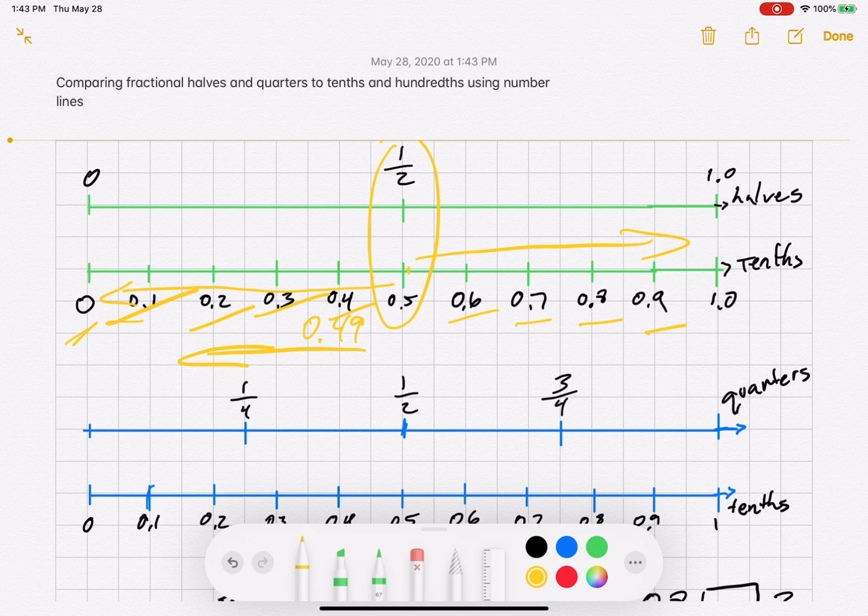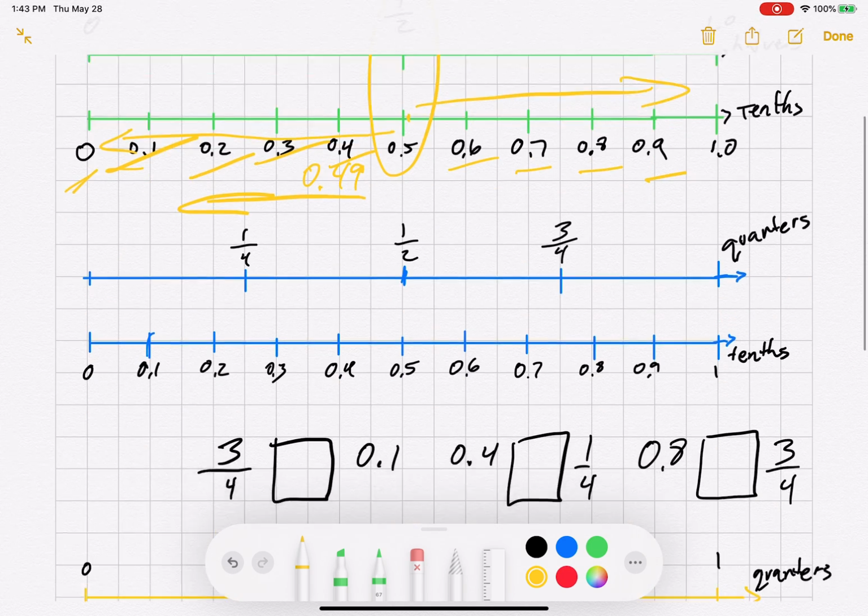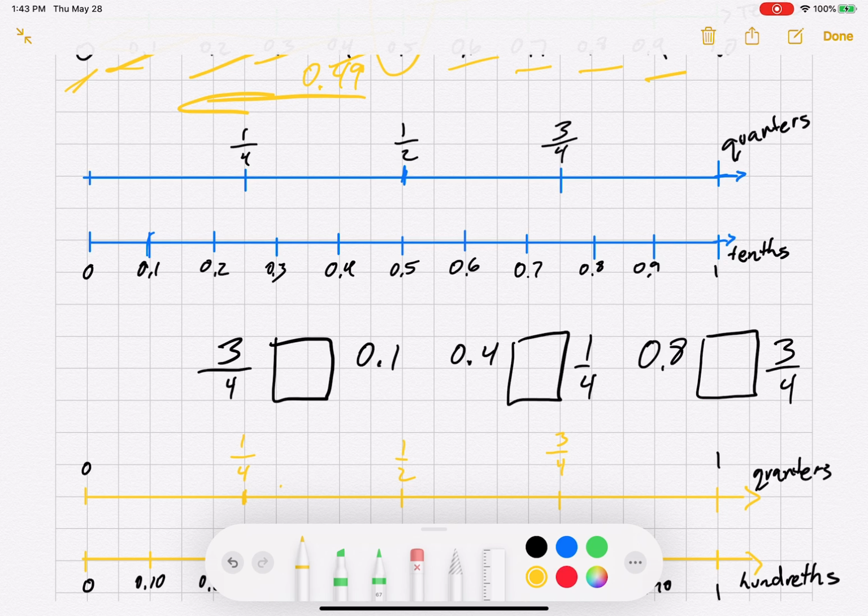Okay, so moving along here, now the top number line is divided into quarters, and the bottom one is divided into tenths. I want you to decide on these numbers down the bottom here. So looking at 3/4 being compared to 1/2, and 1/2 on the top number line, of course, would be right there. Where does 3/4